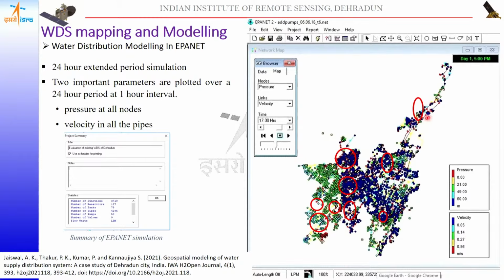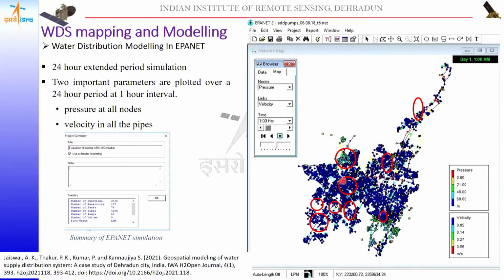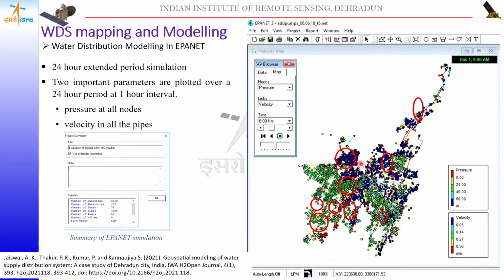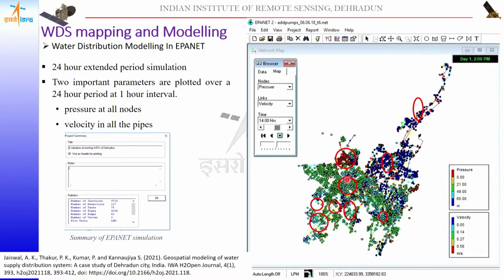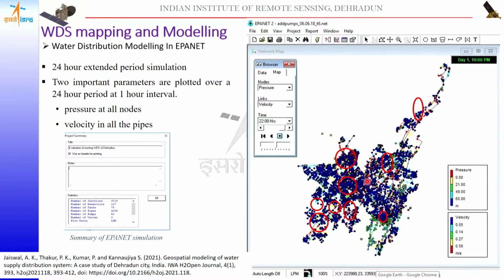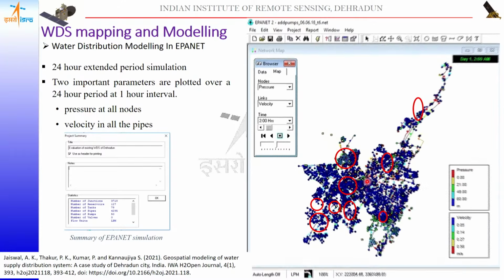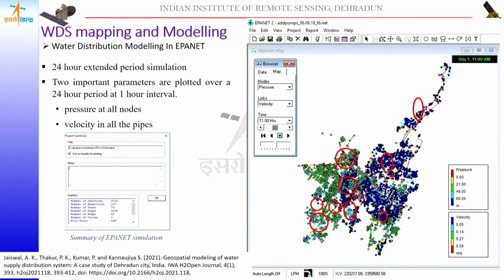So each major river system and the ward has been simulated in a 24-hour simulation. The red areas show where we have the negative pressure. In an ideal water distribution system, all users should get the water, but if it is negative, that means sufficient pressure is not available. So such kind of simulation and the models are now mandatory under the Har Ghar Jal mission